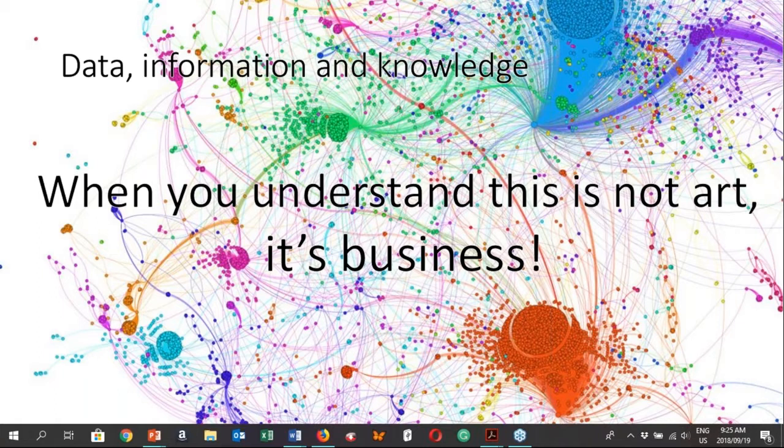We need to make informed decisions. We need to make faster decisions. The reality is, if we as an organization don't, then our competitors will. So that's also a really, really important thing that we need to think about.